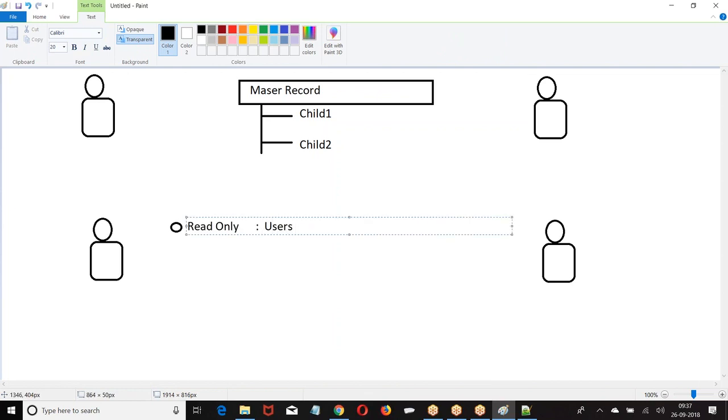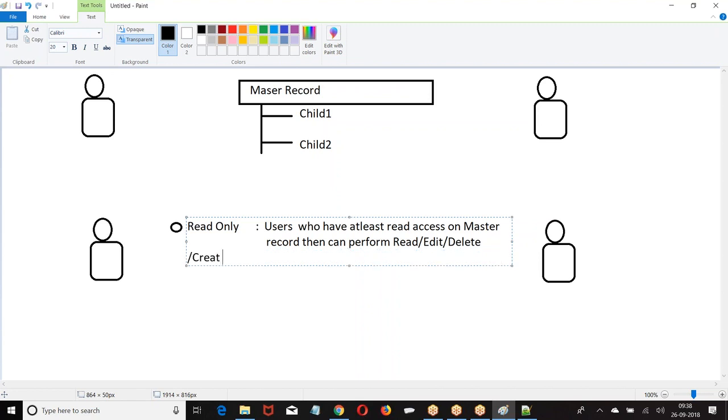Users who have at least read operation on the master record can perform read, edit, delete, create.